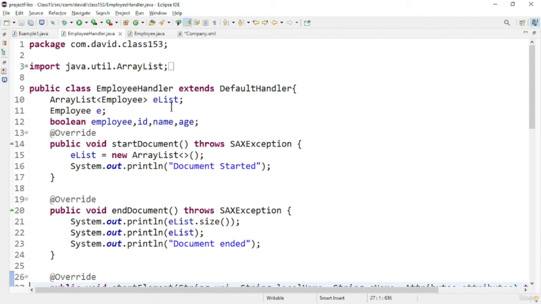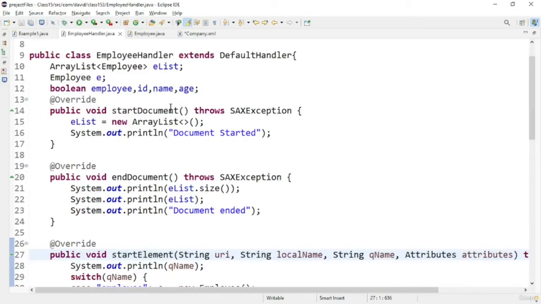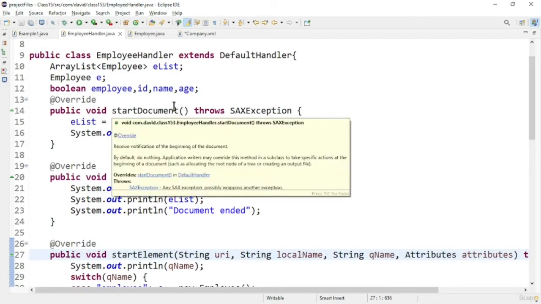There are also multiple flags required, because the characters event and the start element events will not let us find out from the outside which tag we are in. So we need flags to handle those conditions. We are declaring these flags globally.